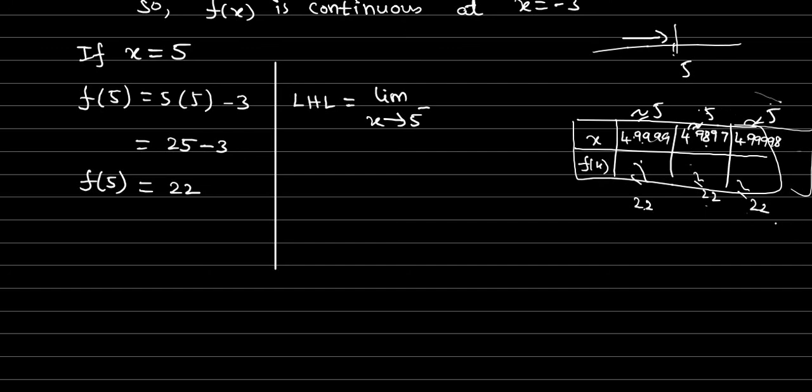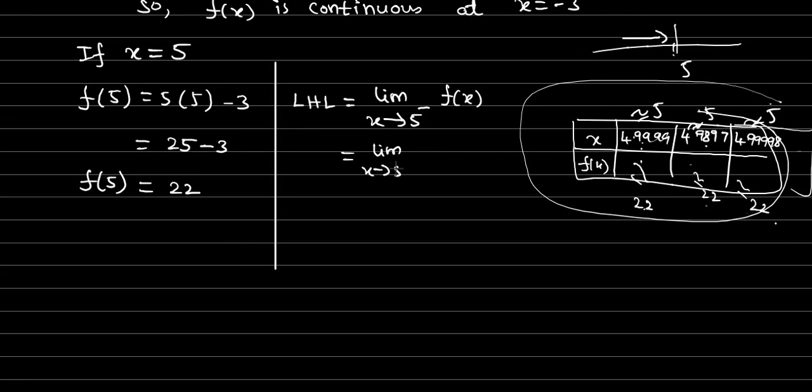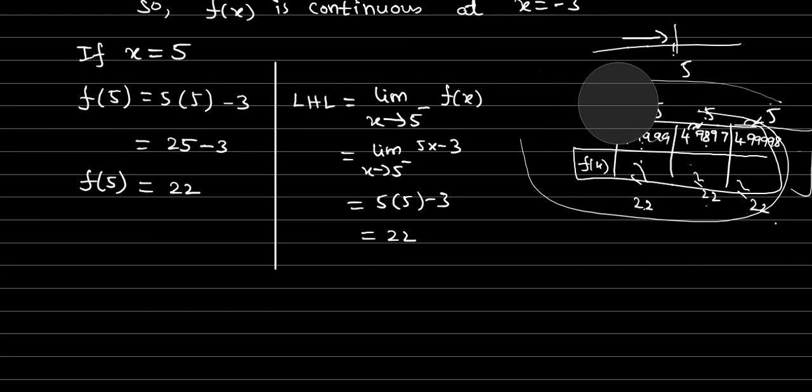So using this as a concept, instead of drawing this box and taking the values, we have the limit. When we are checking so many real numbers, we are taking the limit. So what is f of x? Limit x approaching 5, f of x is 5x minus 3. All close values are approximately 5, right? So here x is approaching 5, which does not mean that x takes exactly 5, but since all values are approximately 5, we are substituting x as 5. 25 minus 3, 22.